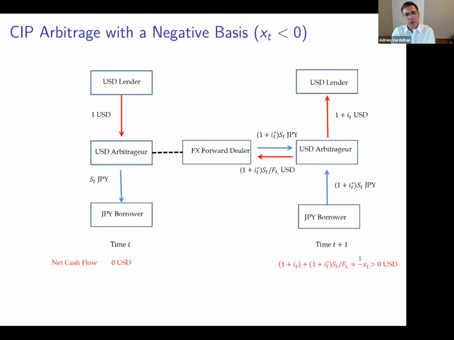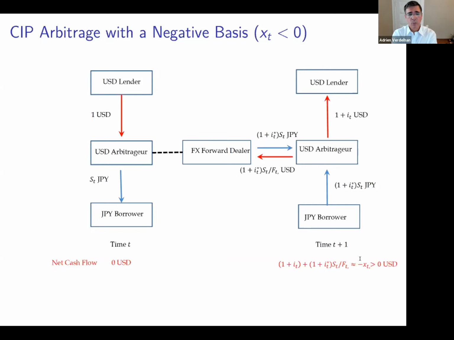So once you look at this, there are many things that can go wrong in this arbitrage strategy. First, maybe there are very big transaction costs, both on the bond market when I borrow and lend, or on the currency markets when I trade at the spot or the forward market. The truth is that those transaction costs seem to be relatively small. So it's going to be very difficult to explain the very large CIP deviation I showed you before. But there are other issues.